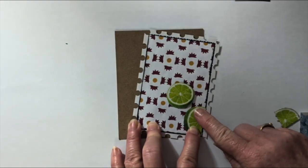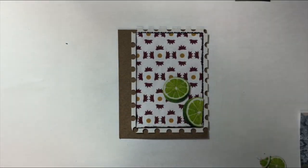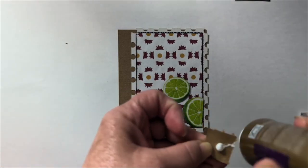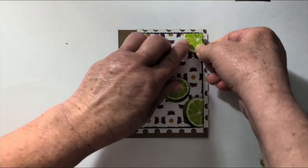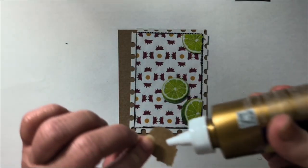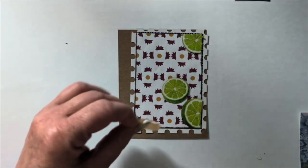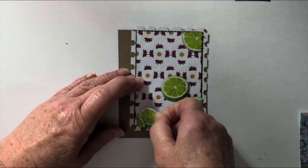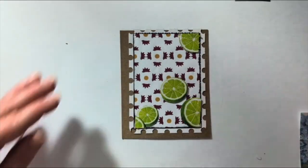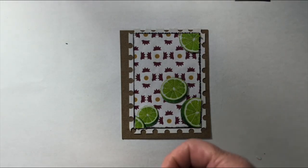I got these limes off, you know, you buy those 12 packs of canned fizzy drinks. It's like a seltzer water. I can't remember the name of it now. It's Polar something. And I was about to throw the box into the recycling, and I noticed the limes, and I thought, ooh, I think I can use those. You know how it is, right? I'm sure I'm not the only one that does that. You just look at something and go,